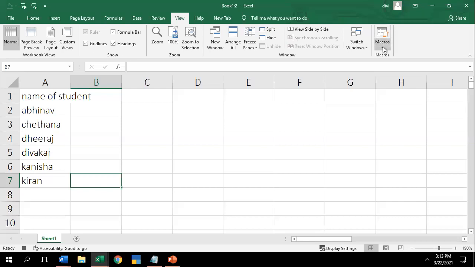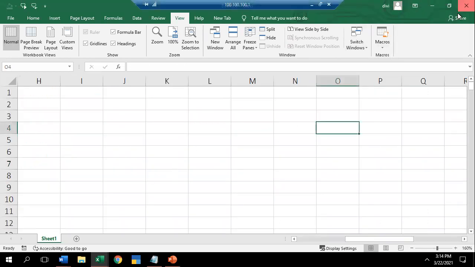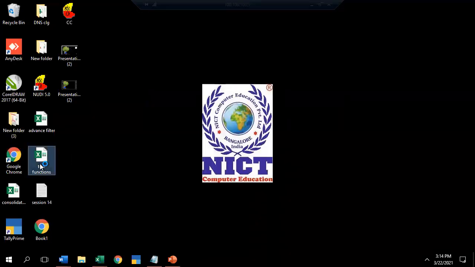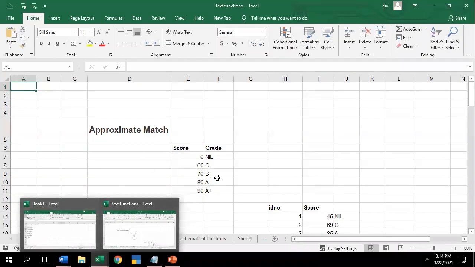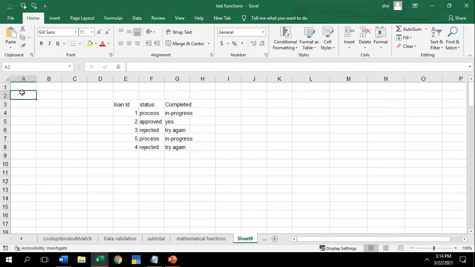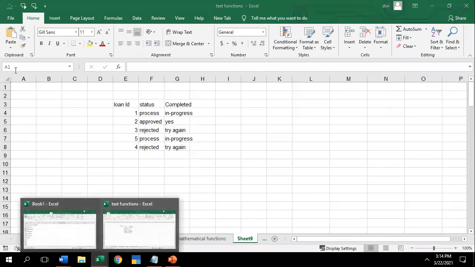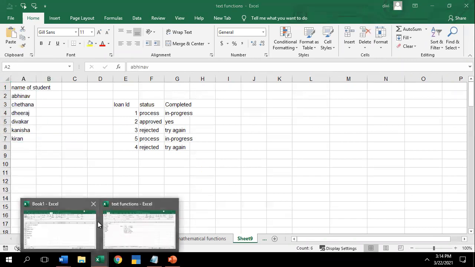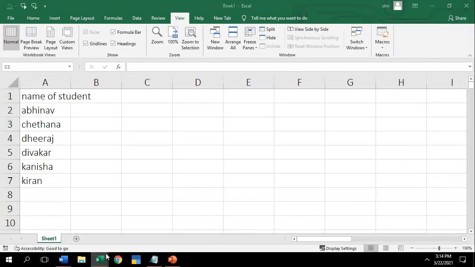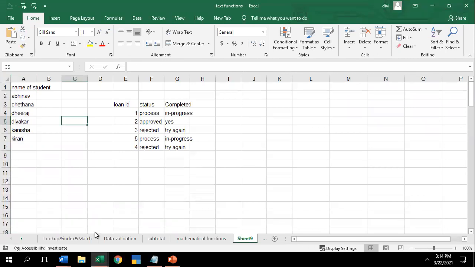If I want to stop it, I have to go to the macro and click on stop recording. Now I'm going to minimize this and close this. I'm selecting the text function workbook where I have written in a new sheet. That is in book one. So I'm going to the new sheet. Whatever I have created in book one, I want it presented over here. What shortcut have I used? Control plus Shift plus O. If I press Control plus Shift plus O, the data I wrote in book one, the same data you can view here in the sheet of the textbook.